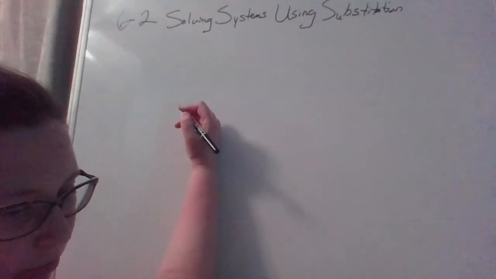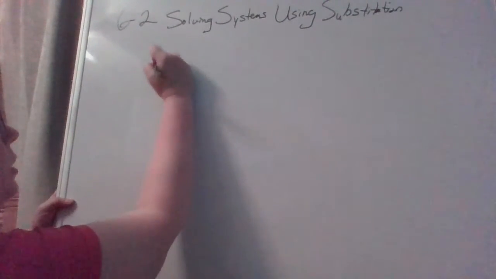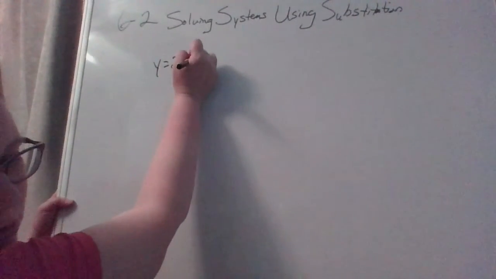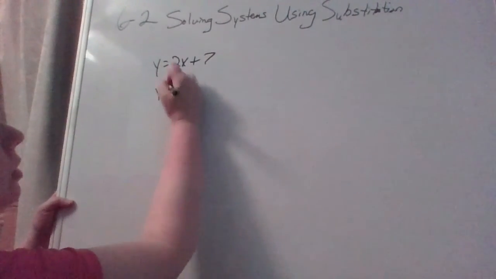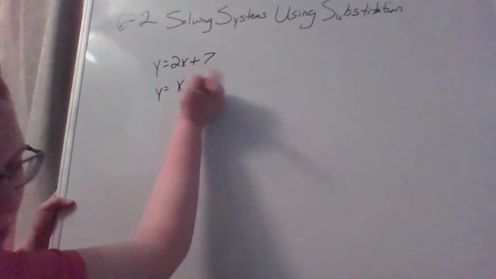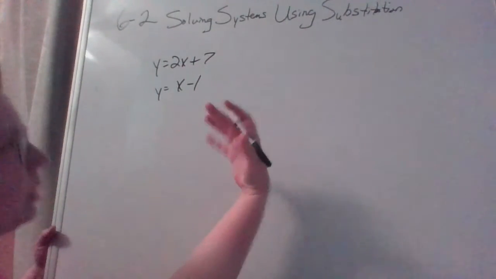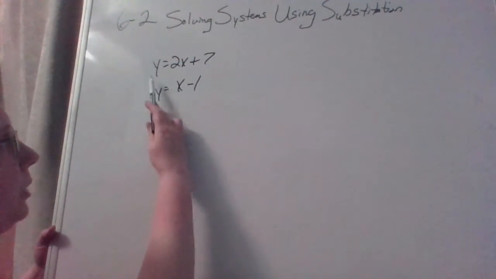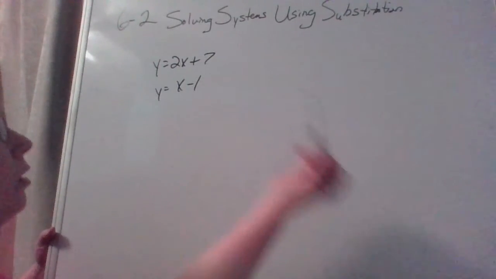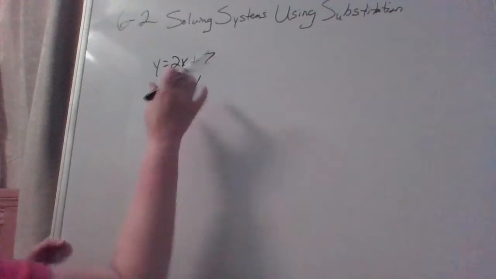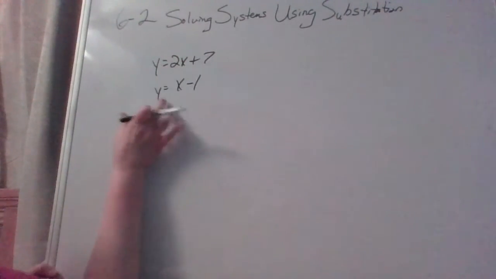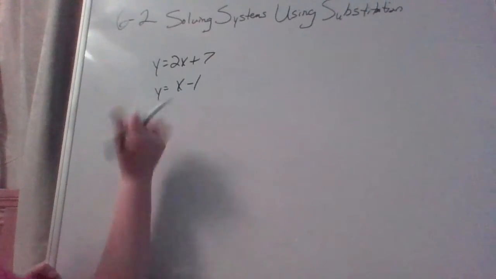We have y equals 2x plus 7 and y equals x minus 1. So in this case, both of our equations are solved for y. What happens there is you can actually take this and substitute it in for y,